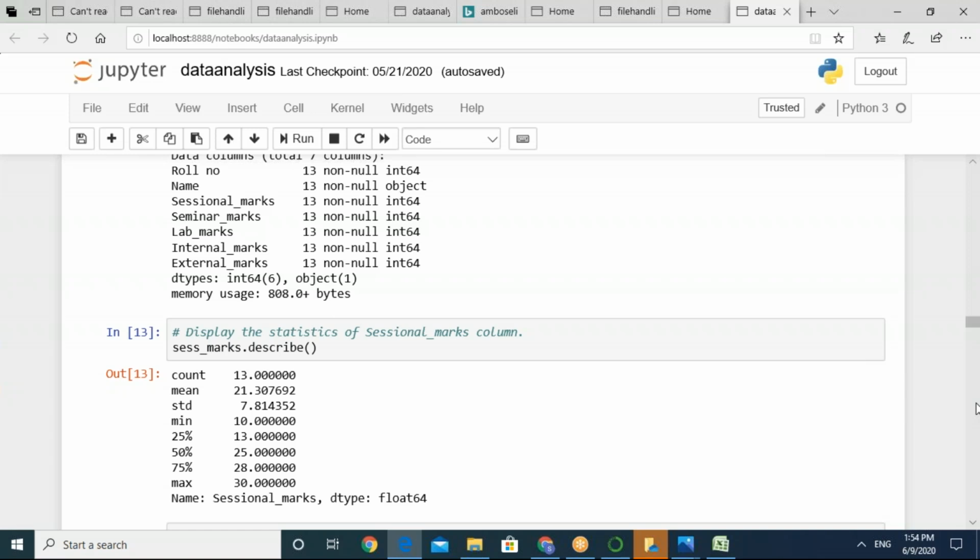So we have tried to work upon an Excel file or a CSV file also. Both of the files you can take, and we have learned some basics of data frame and the pandas module we have used in order to work on our file which is in Excel format. So I hope all of you have enjoyed the session, and in this manner we have covered how to go about working with text file, binary file, CSV file, and Excel file.